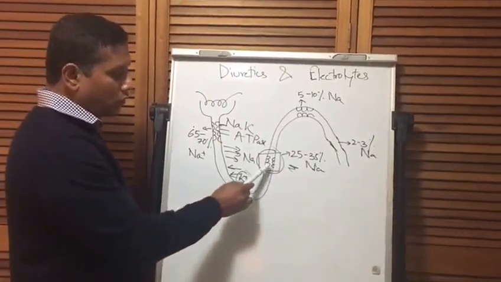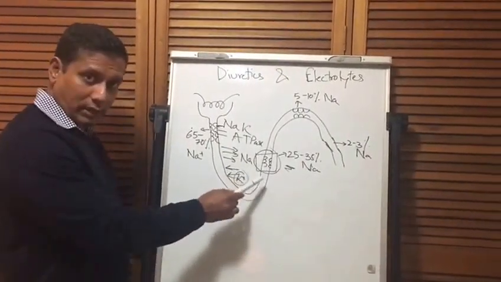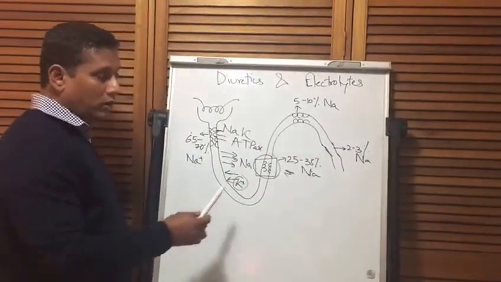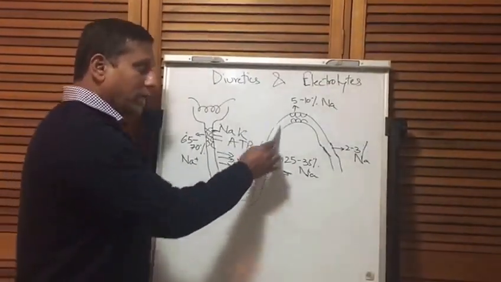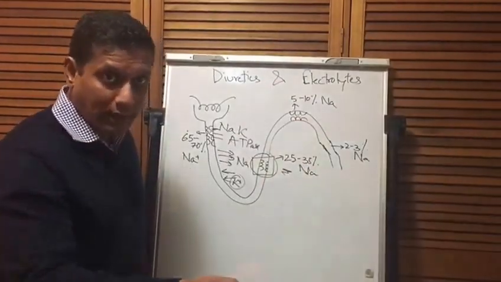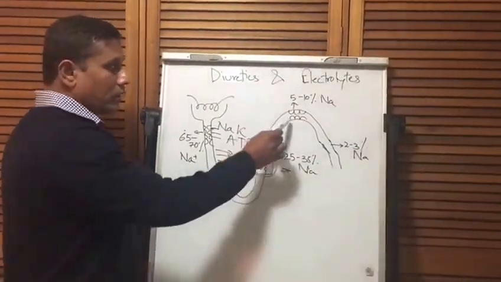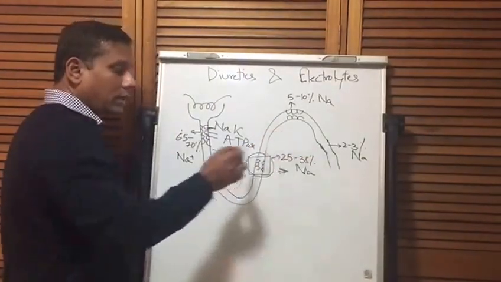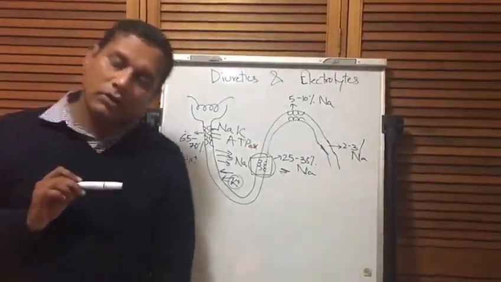So let's say I put someone on a loop diuretic, which acts on the thick ascending limb of the loop of Henle, or a thiazide diuretic, which acts on the distal convoluted tubule. Because I've stopped the reabsorption of sodium, and as sodium goes out it carries water with it, hence the diuretic effect. But as this sodium-rich water reaches the collecting duct, the cells sitting there say, okay, we